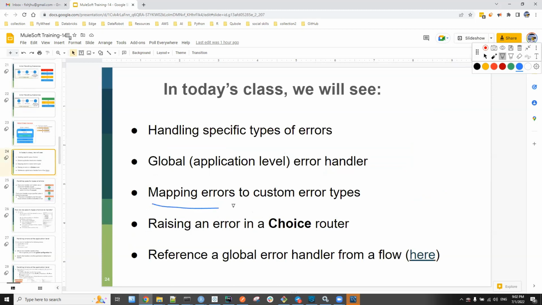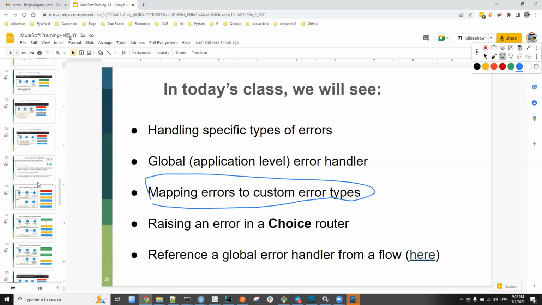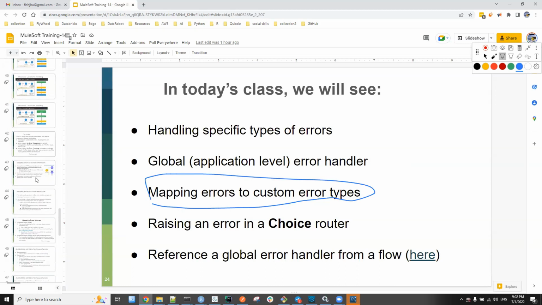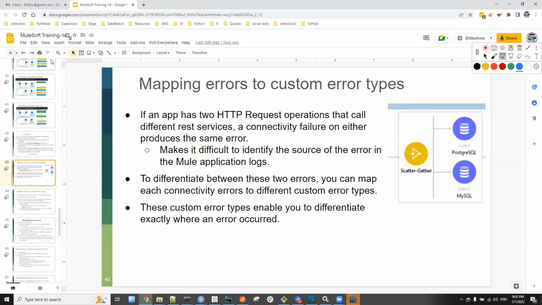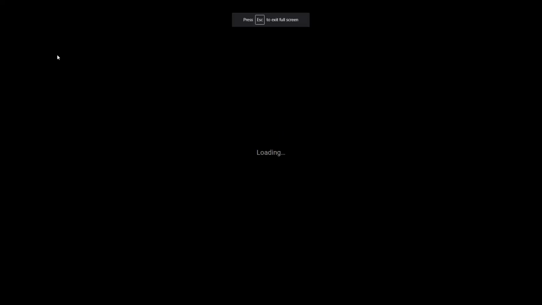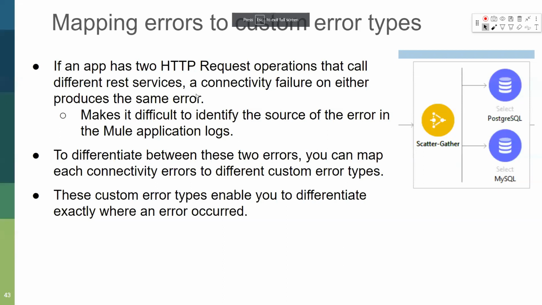Okay, let's see this one, mapping errors to custom error types. Why do we need this? If you go to the slides here, in the flow we just saw, we had two HTTP request operations connecting to the genderize and nationalize APIs.